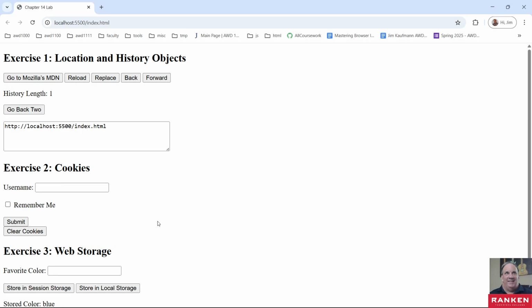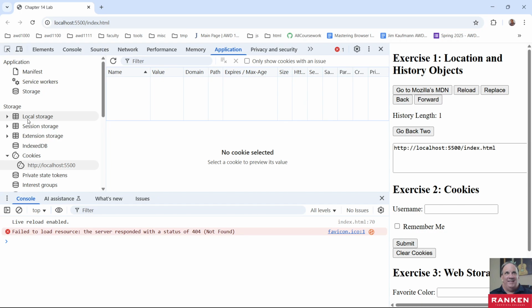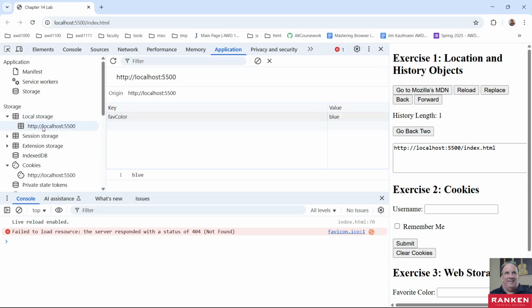And if I come back in here, I'm going to hit F12. And so we're going to look at local storage. It's still there. Oh, yeah, that's local storage. Session storage is gone. So local storage is going to stay there until you clear your